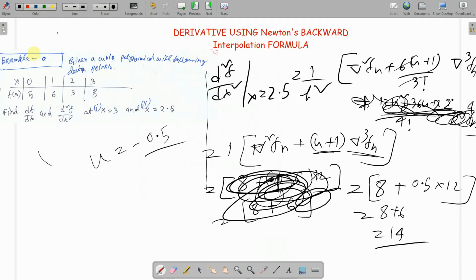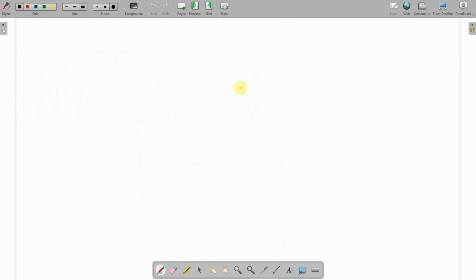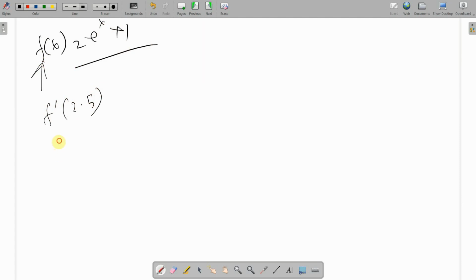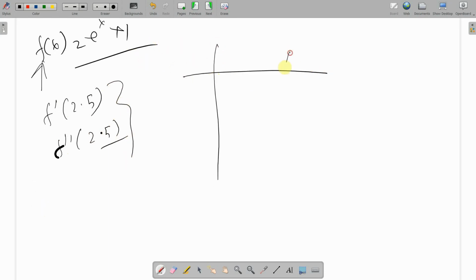Suppose, am I audible? Okay. Suppose there is a function f(x) equals e to the power x plus 1, and you got this function, and they have asked you to find the value of f dash at 2.5 and f double dash at 2.5. These two values you have to find out. So what you will do first, I will be doing